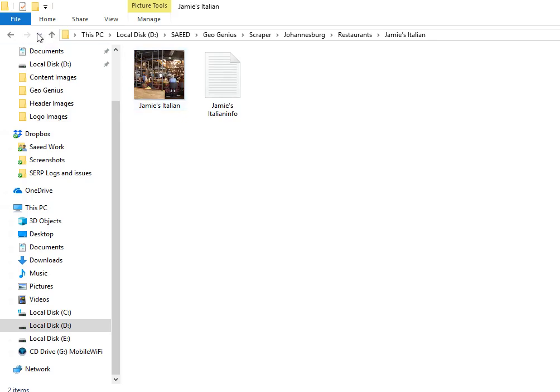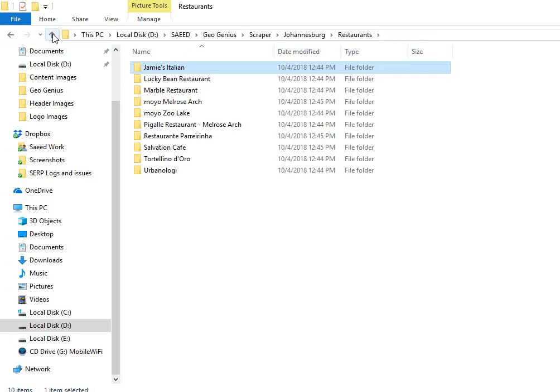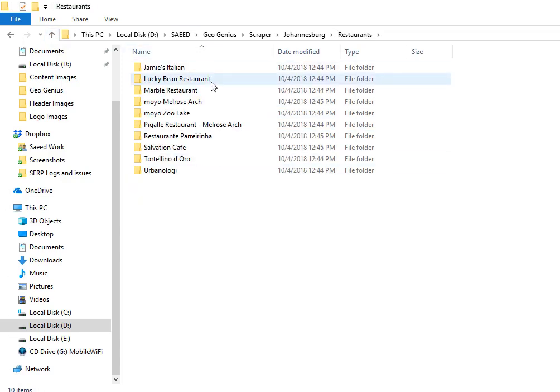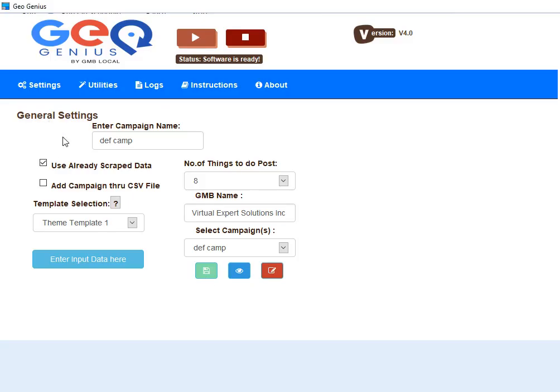Now on the things to do page of the Google site, the software will put the things to do information from these folders and restaurants from these folders, and the posting of all these things can be